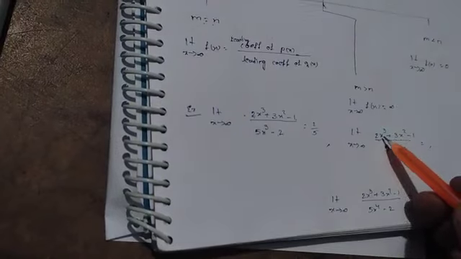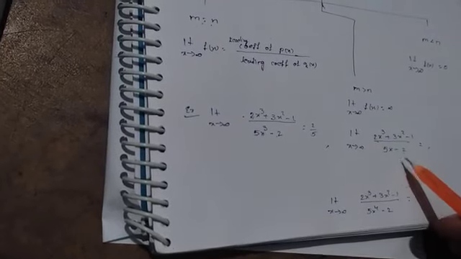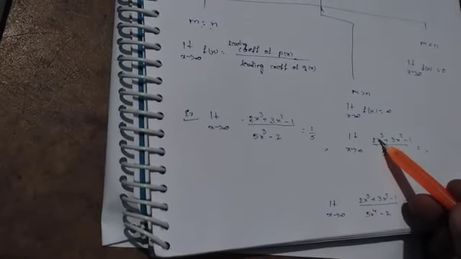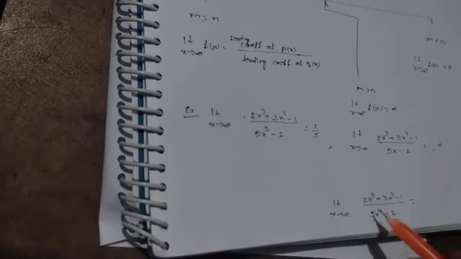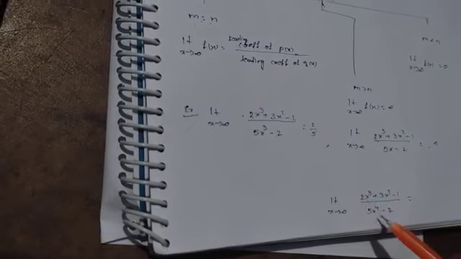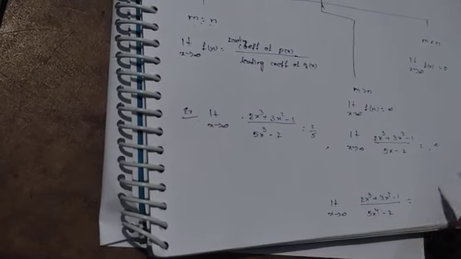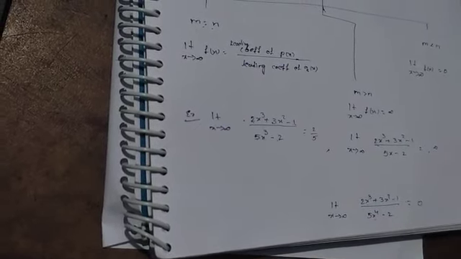Now here the numerator degree is 3 and the denominator degree is 1. So the numerator has the higher degree, so it becomes infinite. In the third, the numerator degree is 3 and the denominator degree is 4, so the denominator is the highest. It becomes 0. So this is the logic way to approach the limit as x tends to infinity.